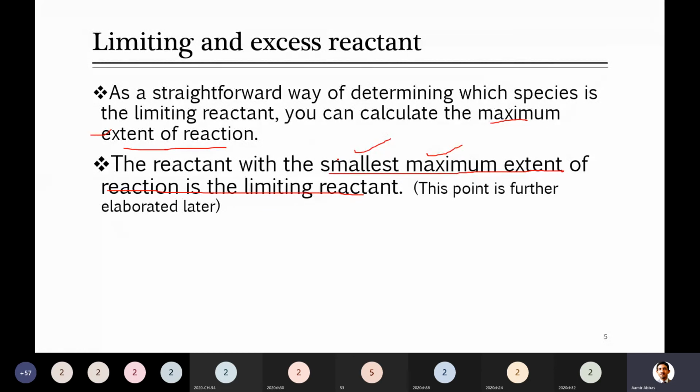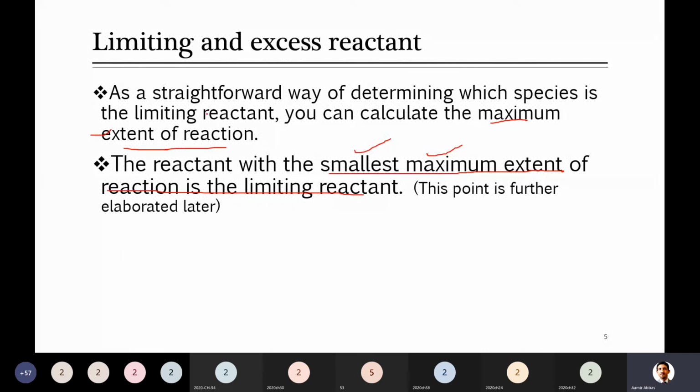Actually there are 3 methods to solve material balance problems in reacting systems. I told you two of them yesterday when I was talking about the content of this chapter. One was the component balance. Do you remember the other balance? Not the overall balance. Elemental, yes, the balance based on the elements. One is based on the components, one is based on the elements, and the third method is based on the extent of reaction. Later, I think next week, inshallah, we will be solving problems, and there you will be using this a lot. So today we'll look at what the extent of reaction is and how to calculate it.